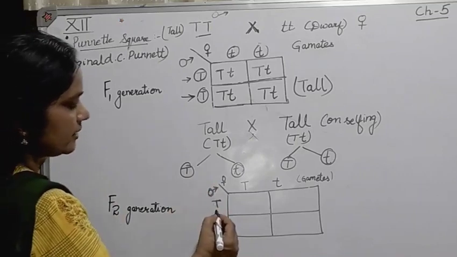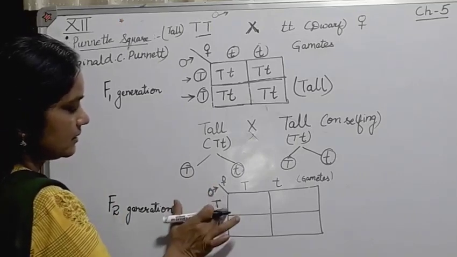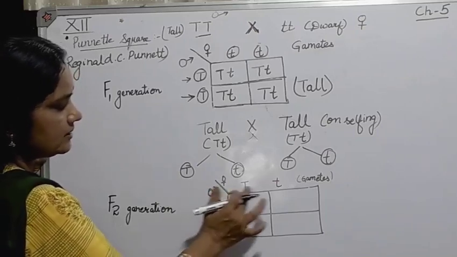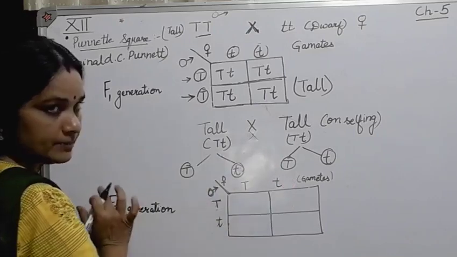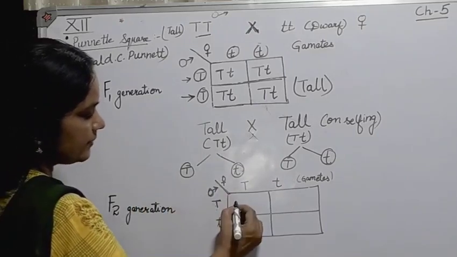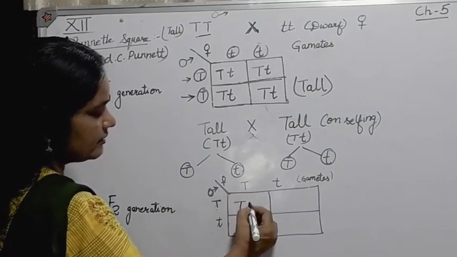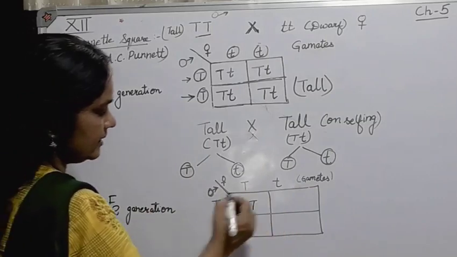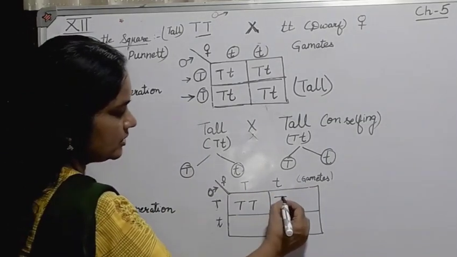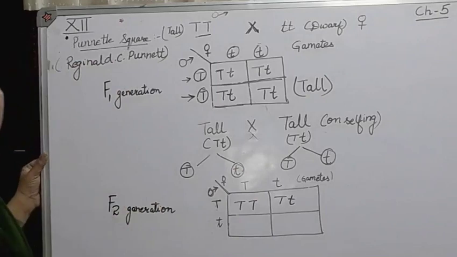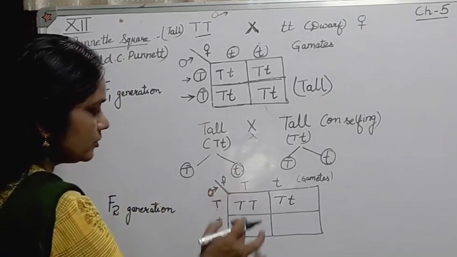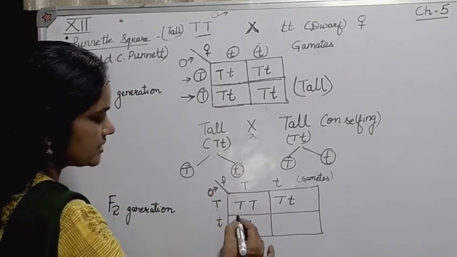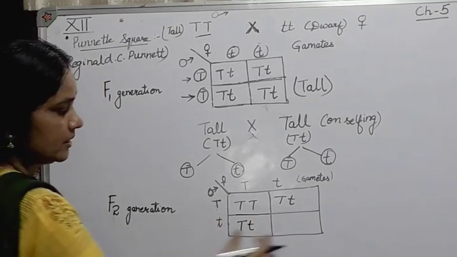So in the F2 generation, what happened? One of the capital T, these are the gametes of the male, and then you have to draw a line to show this is the male gametes, and these are the two gametes which are obtained from the female plant. Now what happened? This capital T of the male gamete will be fusing with another capital T of the gamete obtained from the female. Similarly, this T will combine with the small t and another kind of zygote, that is capital T and small t, will be formed. Now look at this here. Here also, always write the capital T first, and here also there is a heterozygous condition, capital T and small t.